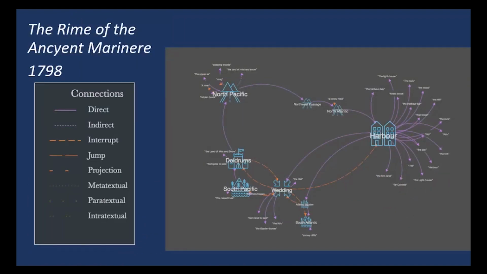So to show you, so you understand kind of how the bits are coming together, this is the Rime of the Ancient Mariner, first version. It's quite a short poem, so this is the whole map, so it's actually quite readable. You can see the purple lines are showing where the characters are traveling. It's quite obvious. They start at the harbour, go to the North Atlantic, whatever. The wedding is the site where the story is being told, and so you've got these orange